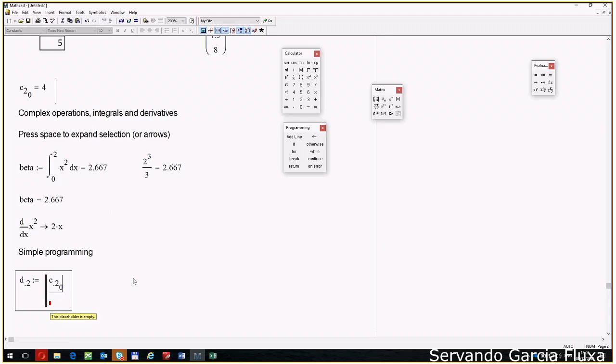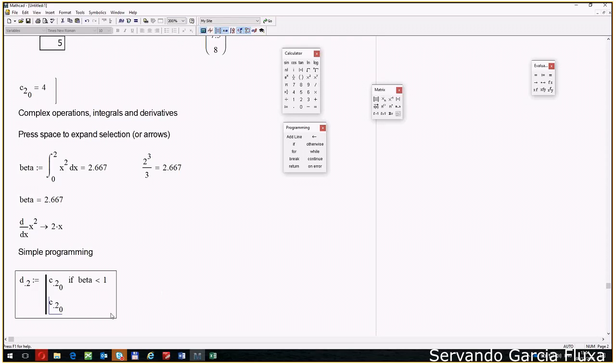So I want this if, I'm gonna be using things that I have created previously, so you know, or you can see how you can create something that is very interactive, right? So C to sub 0 if beta is, and I'm gonna use again this one. I don't know if that's gonna work if I type it like this, because Mathcad is very picky. Will it? Yes. Yeah. So if beta is less than 1, and if not,